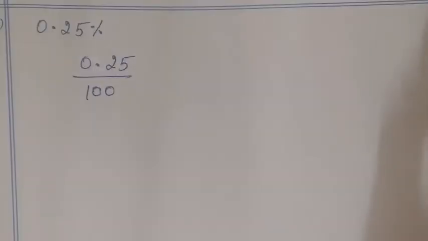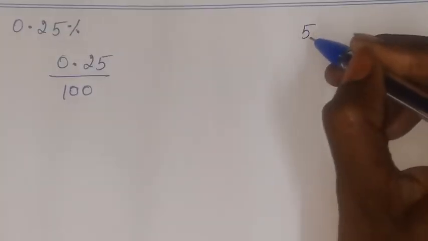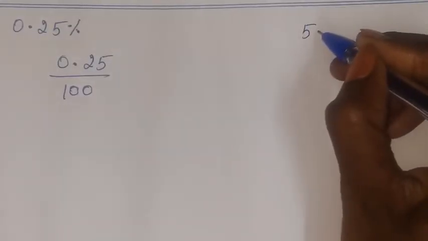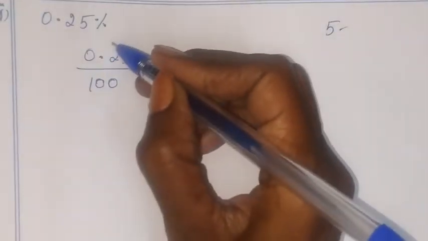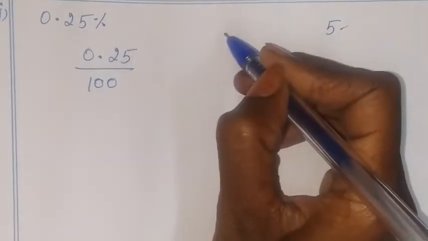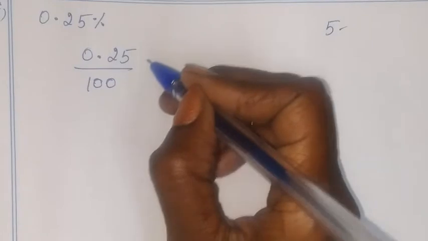For any whole number, it means that there is a decimal point in the front and we will not put that decimal point. If we want to write a whole number 5, it means that there is a decimal point here and we won't put that decimal point there. In the same way, if we bring this decimal point to the front, it will be removed. We need not put the decimal point there. So we have to do that here now.